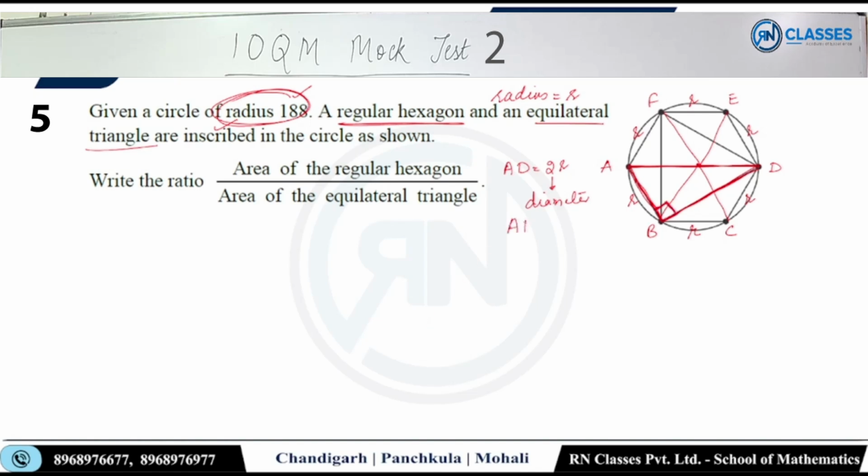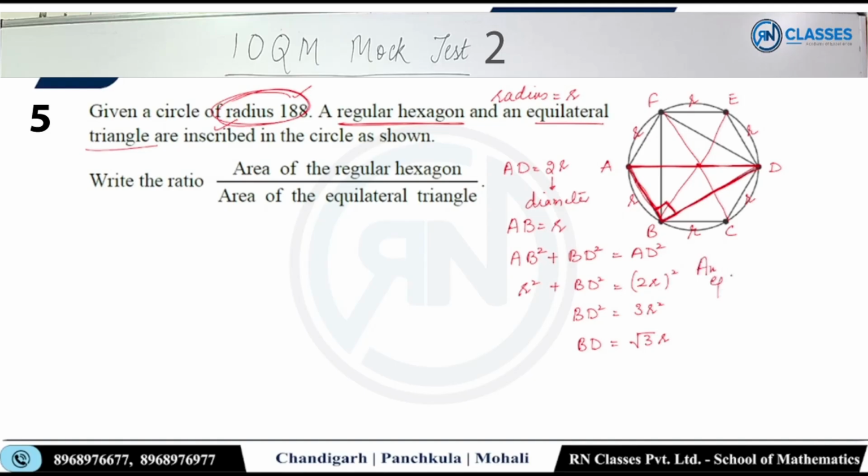आपको एडी 2r दिया हुआ है और एबी r दिया हुआ है, कांट यू यूज पाइथागोरस थ्योरम एंड फाइंड बीडी? बिल्कुल निकलेगा भाई, एबी स्क्वायर प्लस बीडी स्क्वायर इज इक्वल टू एडी स्क्वायर। एबी कितना है, आर का स्क्वायर, एडी कितना है 2r का स्क्वायर। सो मेरे पास बीडी स्क्वायर कम्स आउट टू बी 3r स्क्वायर एंड बीडी कम्स आउट टू बी रूट 3r। बीडी आपके पास रूट 3r आ गया।